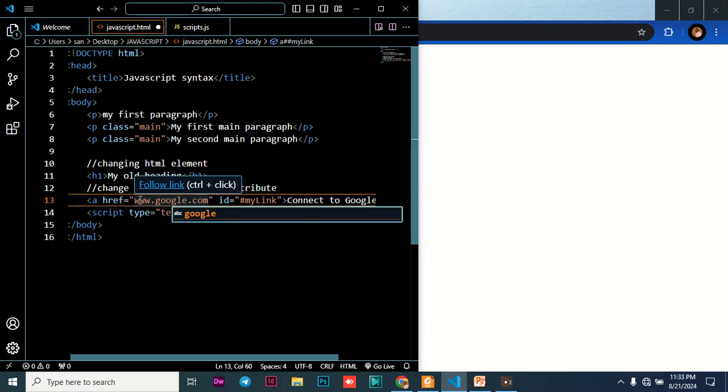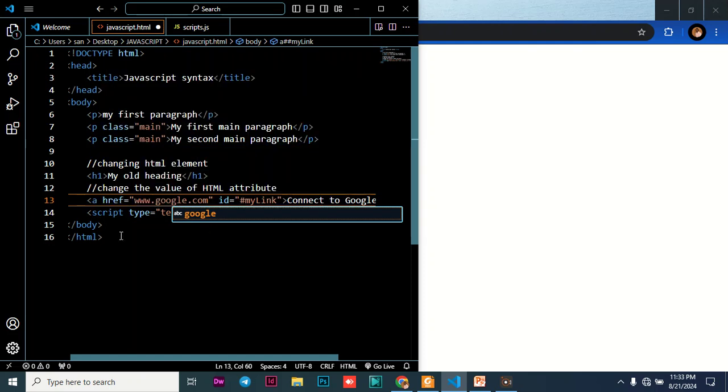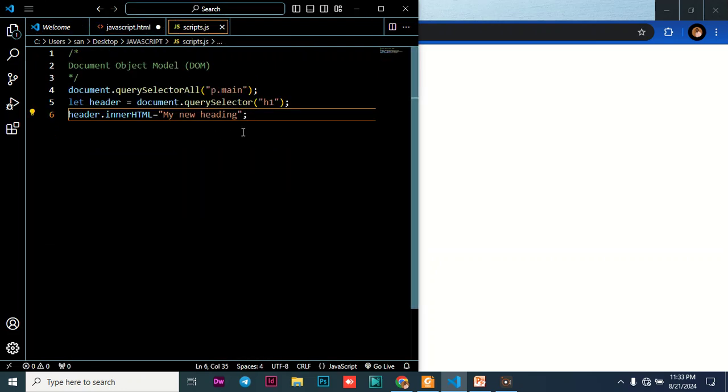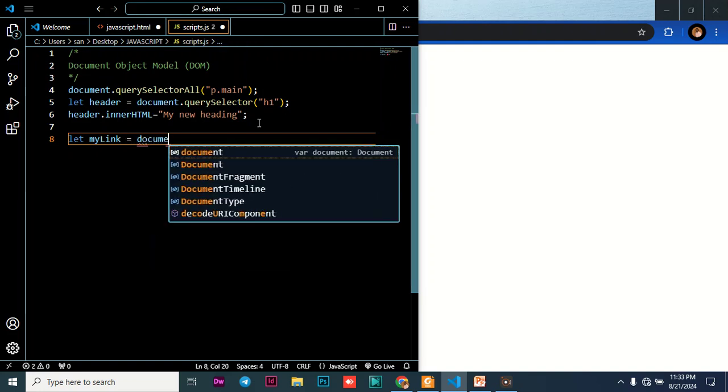So this is an attribute. Remember, this is an attribute of the anchor tag. Therefore, I want to change the attribute to be something else. Now, how do you go about it? You just go to our JavaScript file. Under our JavaScript file, you can just write that let my link. That is the ID that you are using there. So you can just say let my link equal document dot